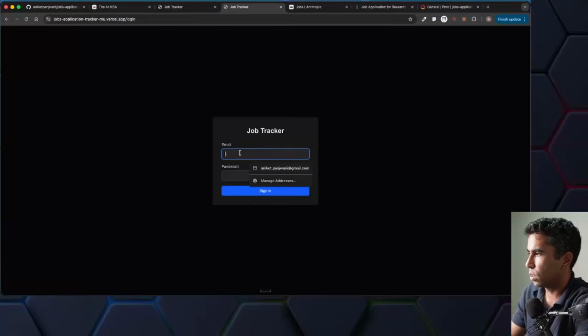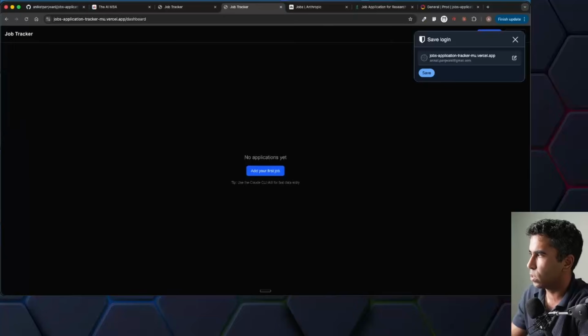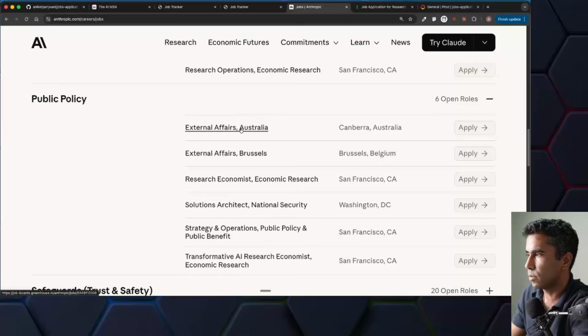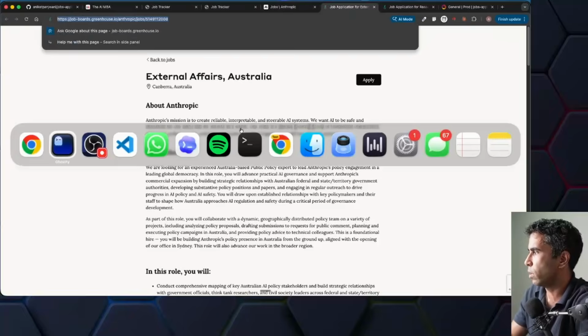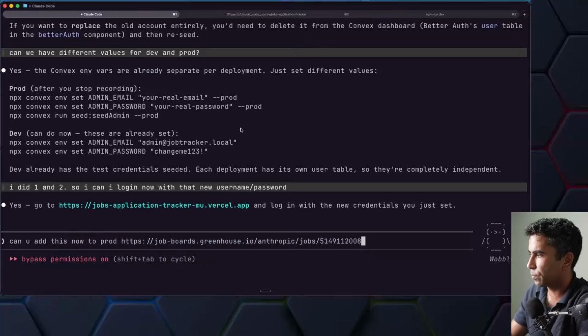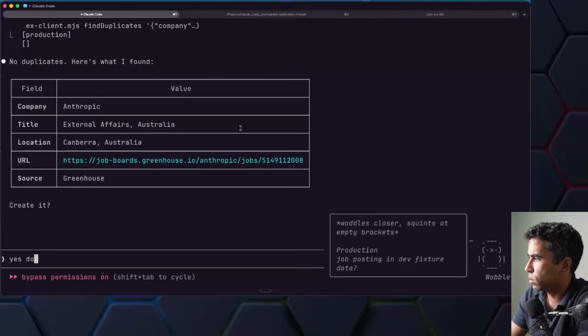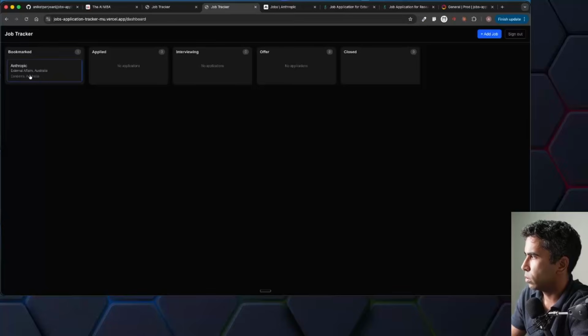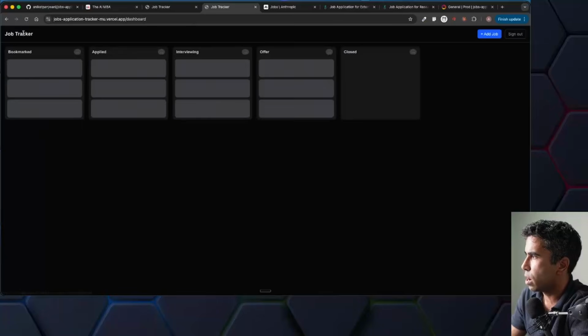Okay, so let's come here. I set this as my username. I'm not telling you guys my password. Sign in. Sweet. So we see this thing is empty. So let's try populating it. I'm going to add a different job, External Affairs Australia. Can you add this now to prod? Yes, sounds good. And as a last step, okay, so we can see that this job is here now,